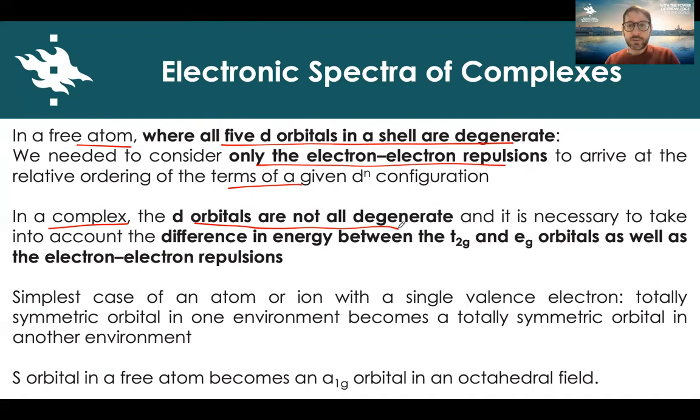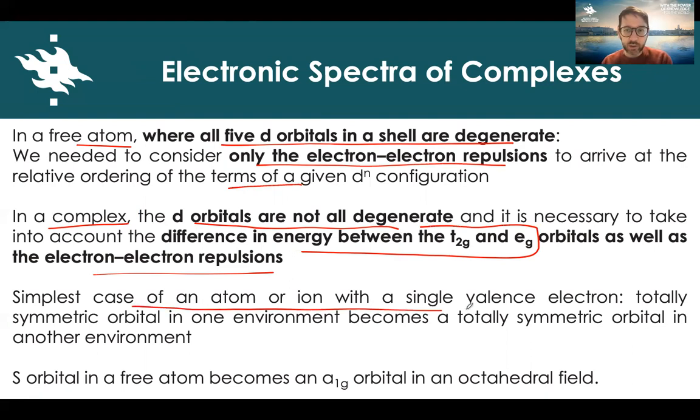And so we need to take into account the difference between the T2g and Eg energy levels, as well as the electron-electron repulsions. So if we have the simplest case of an atom or ion with a single valence electron,